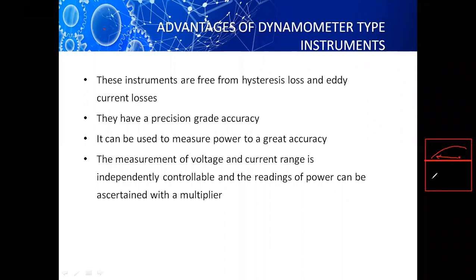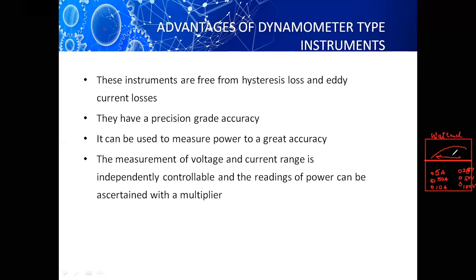Now here we can have different terminals for currents. Say 10 ampere, 50 ampere, okay, 5 ampere. So we can change the current ranges separately, and we can also change the voltage ranges separately. Like you can have 20 volt, 50 volt, I should write 25 volt, 50 volt and 100 volt. So we can have separate ranges for voltages and separate ranges for currents. This happens only for the wattmeter.